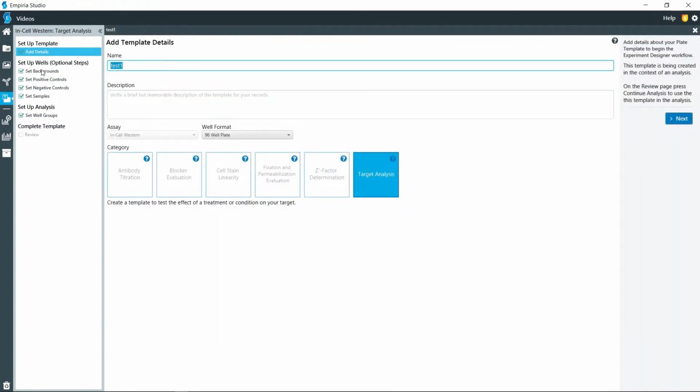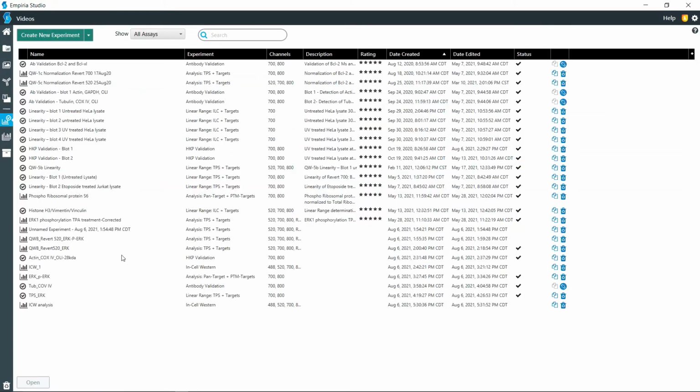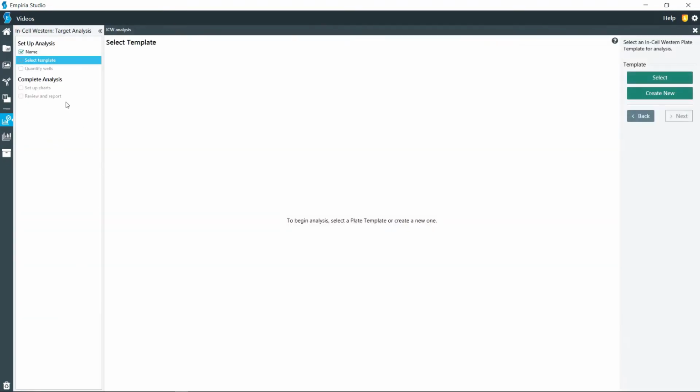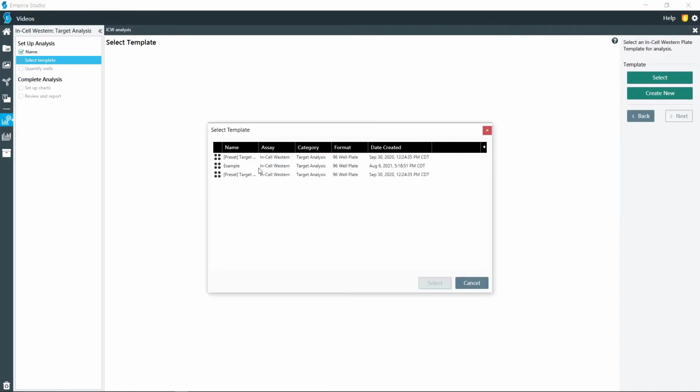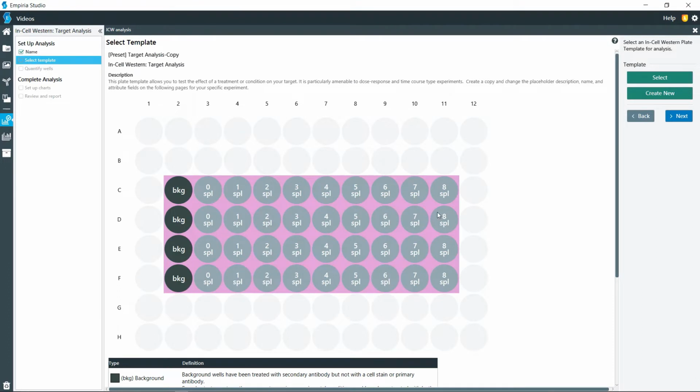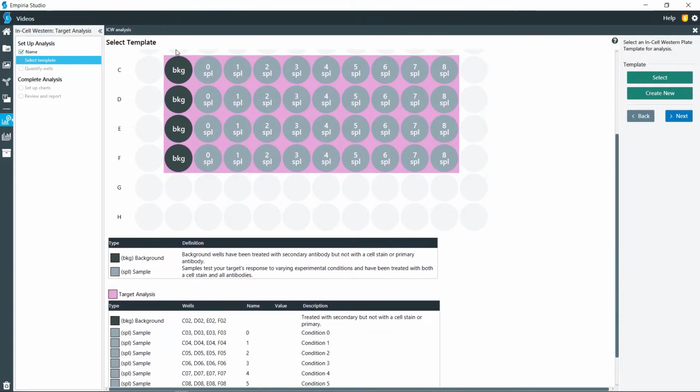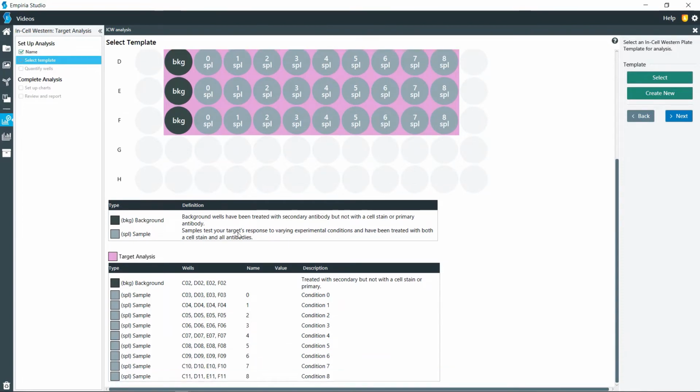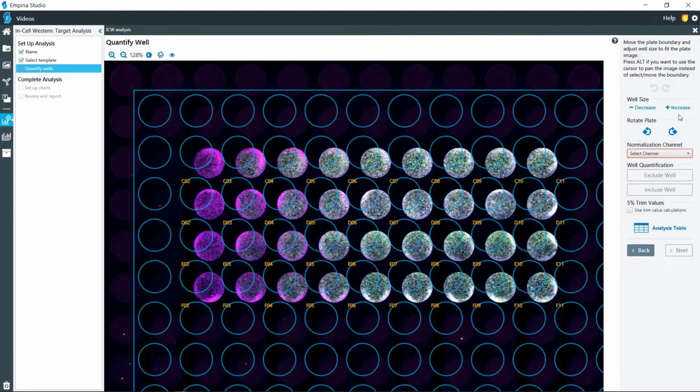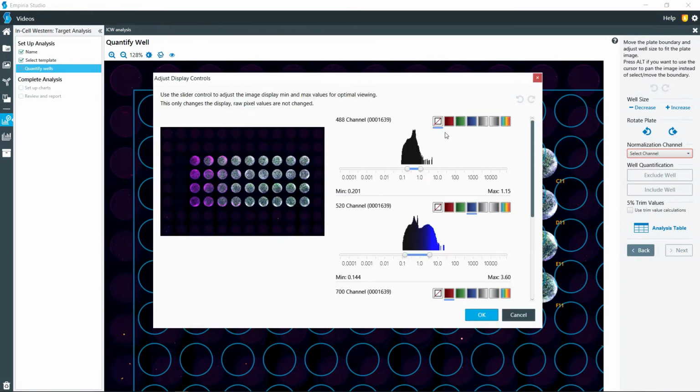So we're just going to back up here. And we'll go back to the original experiment since we don't need to set up the template at this point. So I'm going to go back and select the template that we had chosen before. And so what's important to know with this is that the background wells are treated with secondary antibody only. So they don't have any primary antibody or any cell stain with it. So for this, if we need to, we can bring up the well so it's a little bit easier to